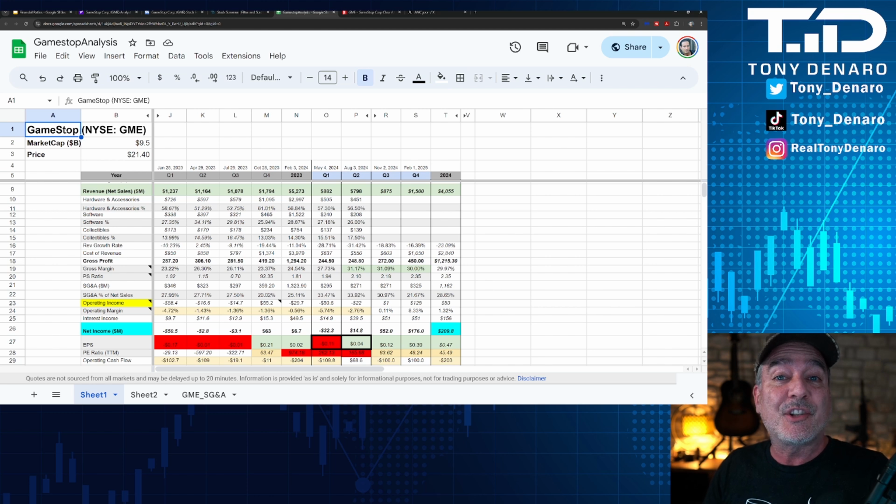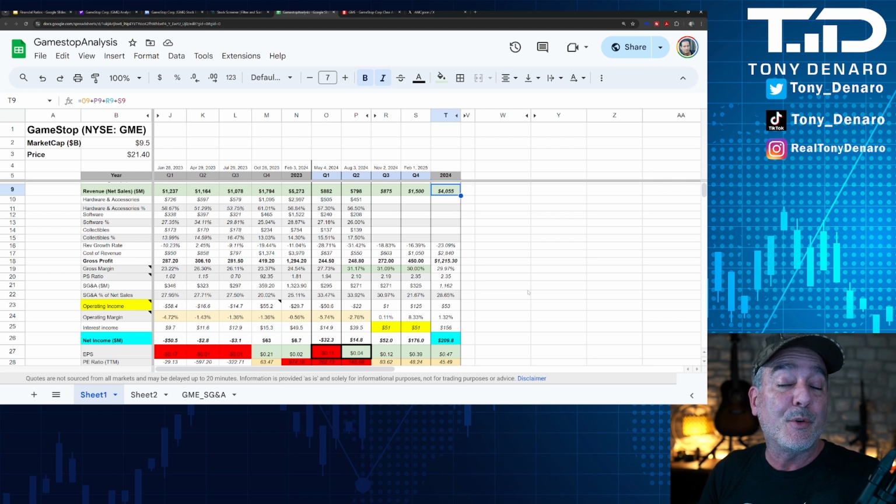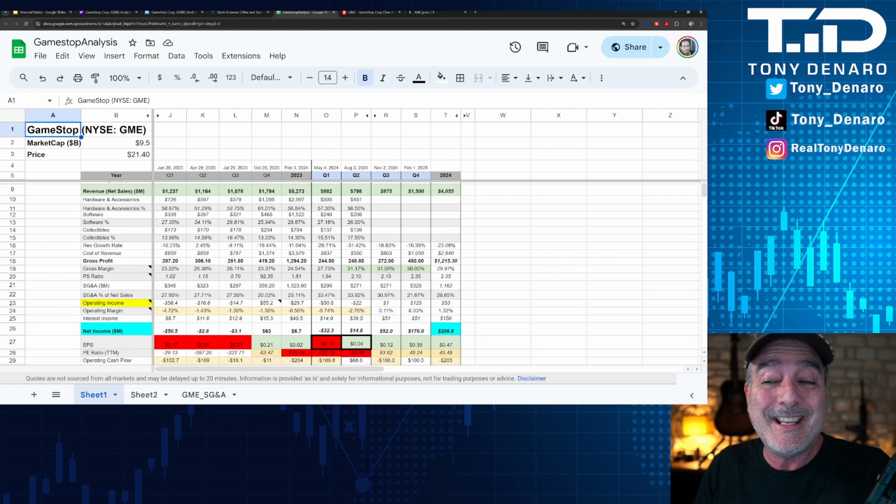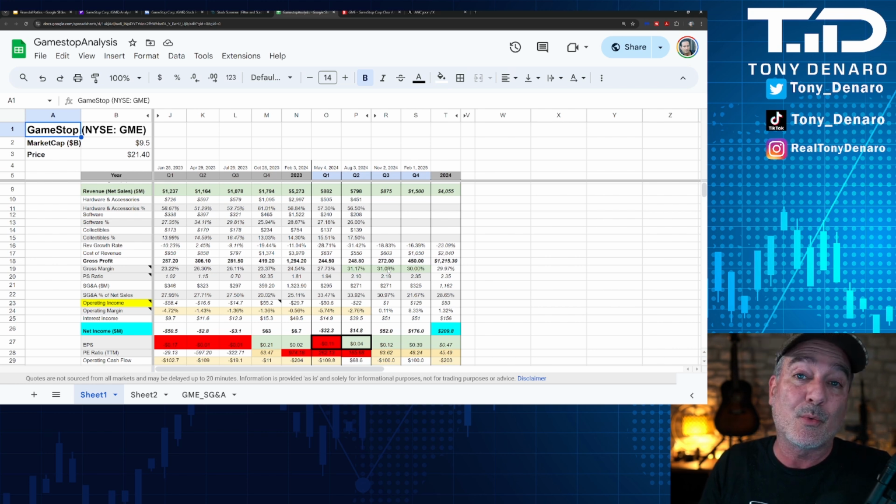As we're looking at this spreadsheet, I'm trying to give the absolute best case scenario on margins and SG&A. We're going to talk about that, but using the numbers that the professional analysts are expecting for revenue. So we're going to say 875 million in revenue for Q3, 1.5 billion in revenue for Q4, giving the company a total for the fiscal year just over $4 billion total revenue. Let's say that in both Q3 and Q4, they maintain a high gross margin similar to what they did in Q2. I have here 31% for Q3, 30% for Q4.